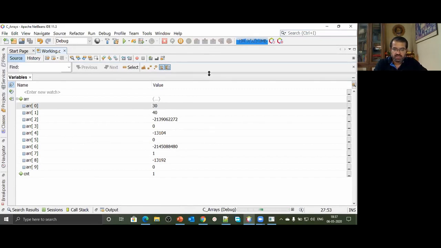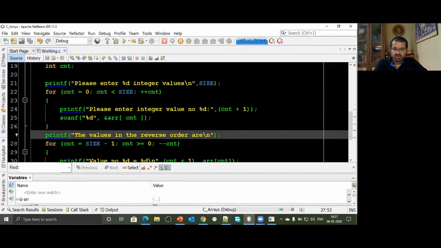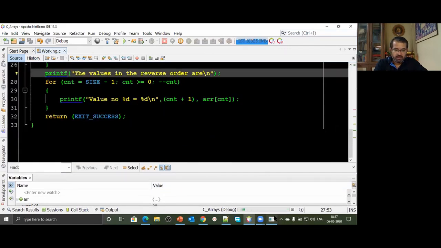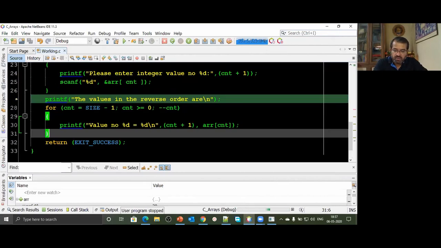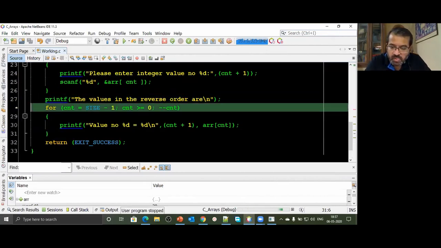Let's come out of the loop and see. It is currently not showing. Anyway, it will show. And then I accept the next value, suppose that's 66, and I come out of this loop. So when I come out of this loop, let's see what has happened. We come out of this loop. Here we go. Let's see what has got stored inside that array.